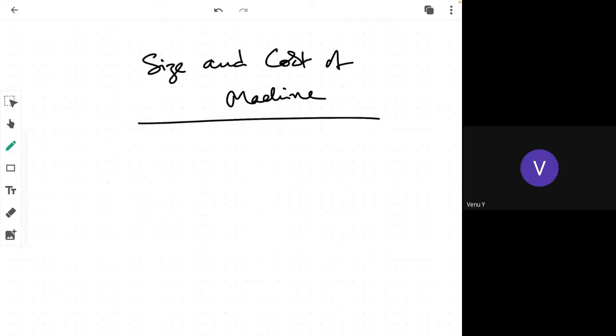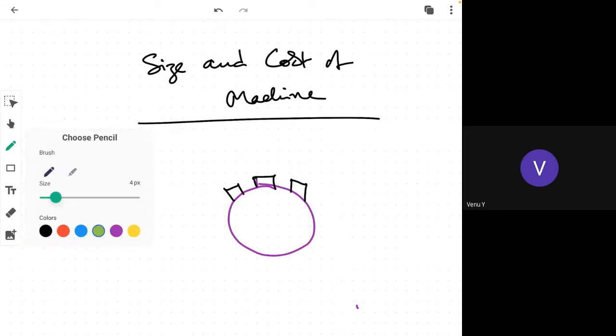So let us consider the air gap. This is the cylindrical type rotor which has slots on the periphery, and in which you place the winding, the armature winding,